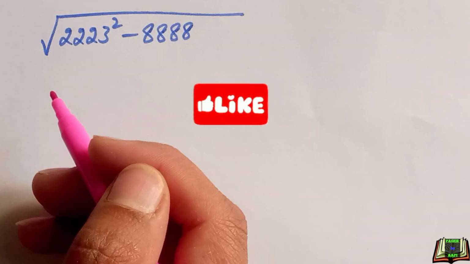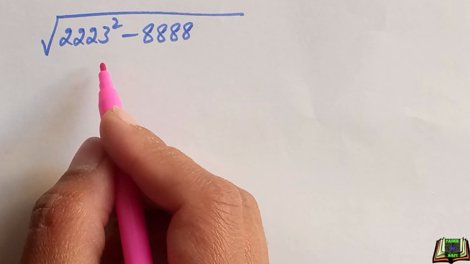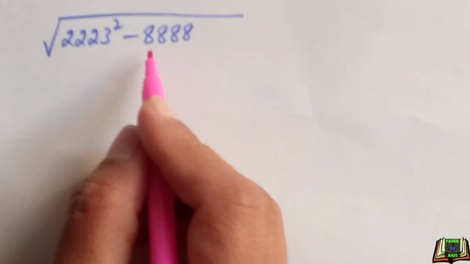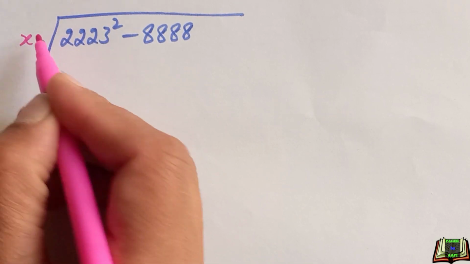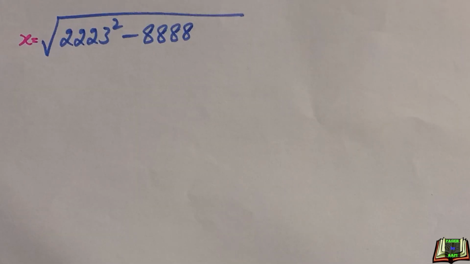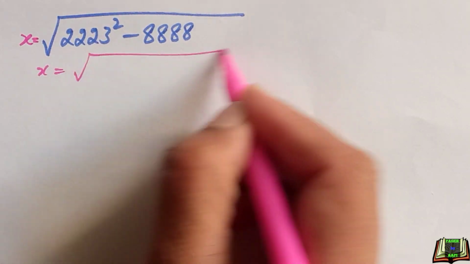Welcome back. If square root of 2223 square minus 8888, we have to find the value of it but without using calculator. So let's get started. Let this value is equal to x and we have to find the value of x. So x is equal to